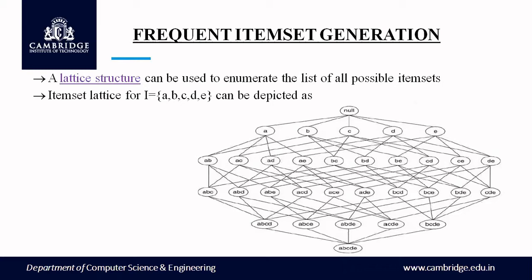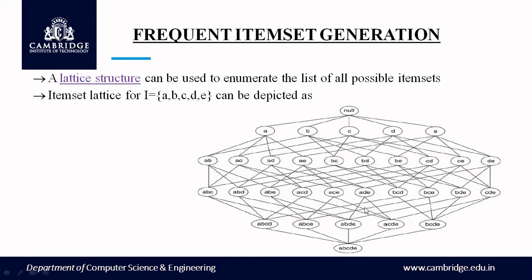In order to enable frequent item set generation, a lattice structure is used to list out all possible candidate item sets in any particular problem domain. The diagram depicts a lattice structure used to enumerate all possible item sets. For example, the domain of items considered is A, B, C, D and E. Level 1 deals with single items. Level 2 deals with combinations of 2 items. Level 3, combinations of 3 items. Level 4, combinations of 4 items. And finally, level 5, the combination of all 5 items.